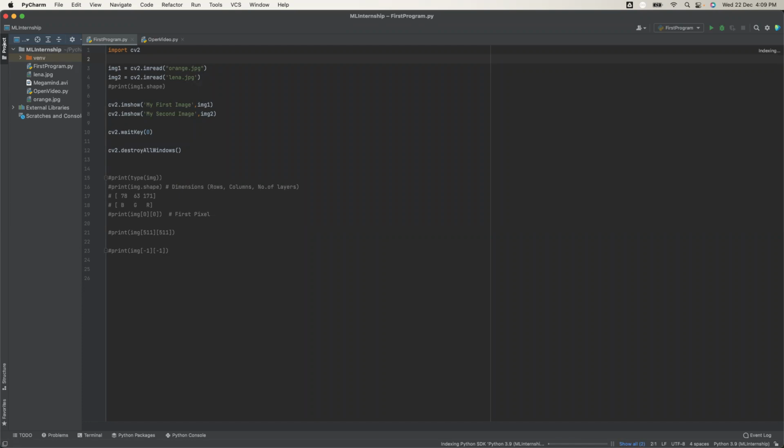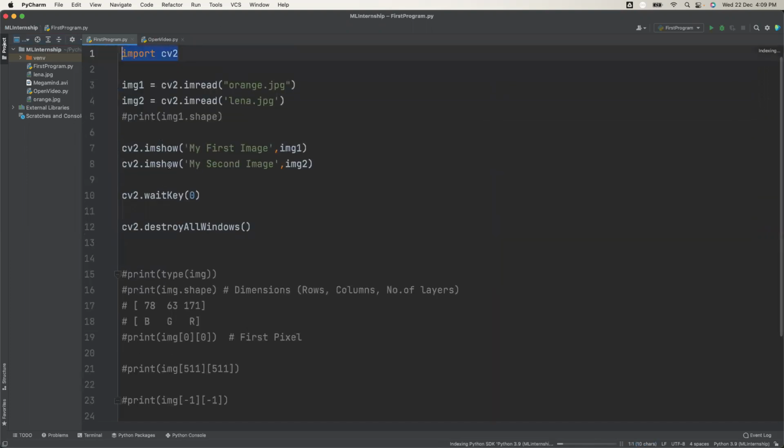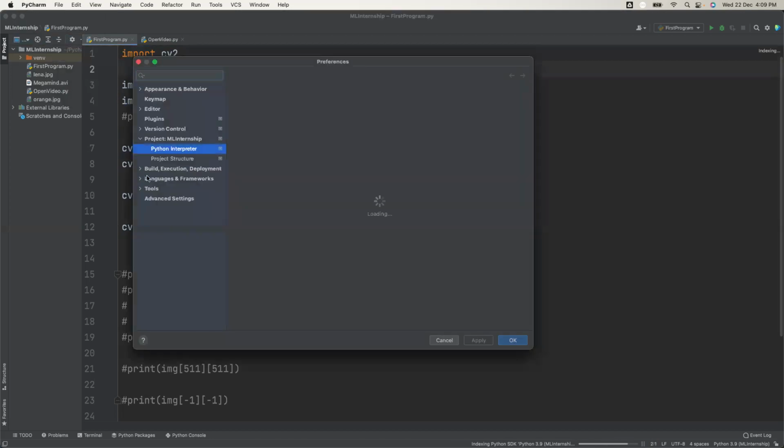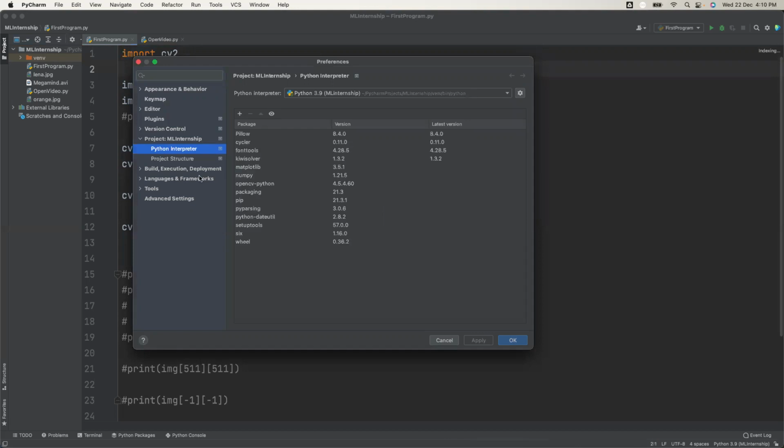Yesterday we started with OpenCV, how to import OpenCV in PyCharm. Once you install PyCharm, the very first thing is you have to install the OpenCV library. So how to install it? In Windows, you go to File and Settings, and then to your particular project. On my Mac operating system, it is available in Preferences. It is the same thing that you get in File and Settings.